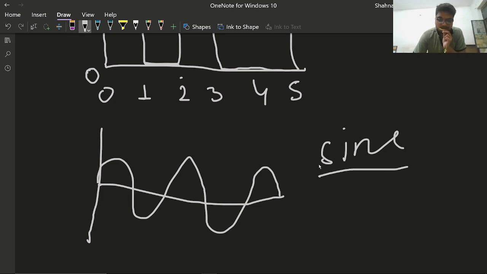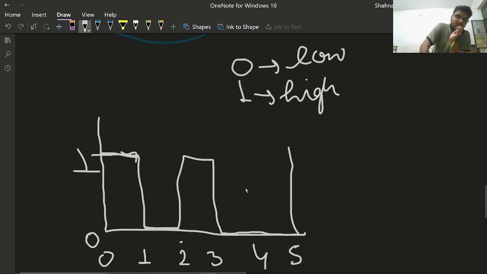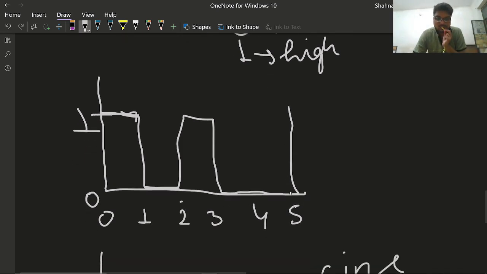We will not go very deep into this because we have to deal with digital signals. So in digital signals, we use only two digits, 0 and 1. 0 represents low and 1 represents high. So the computer only understands digital signals.